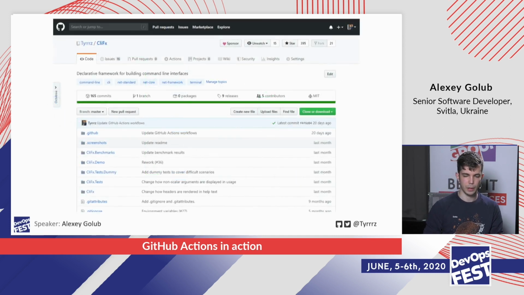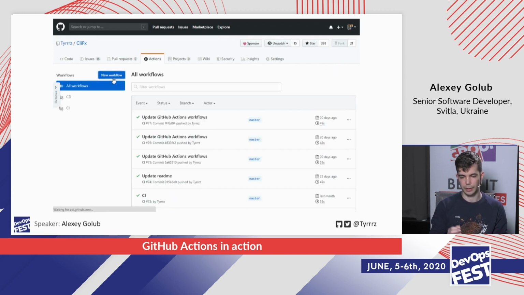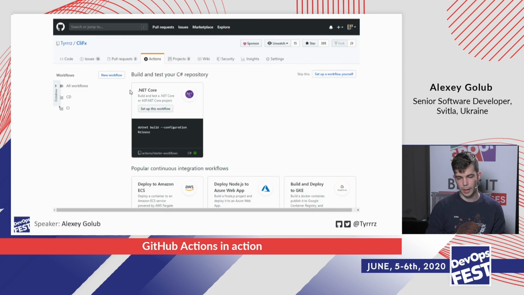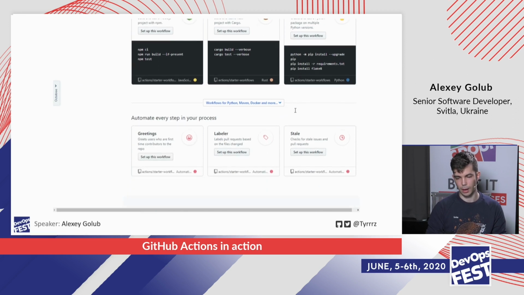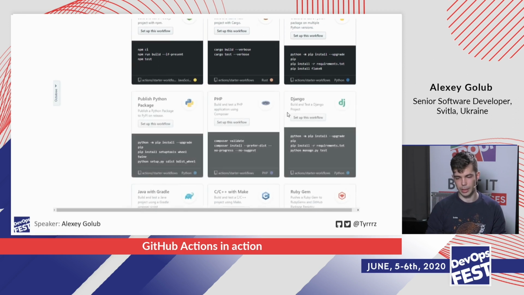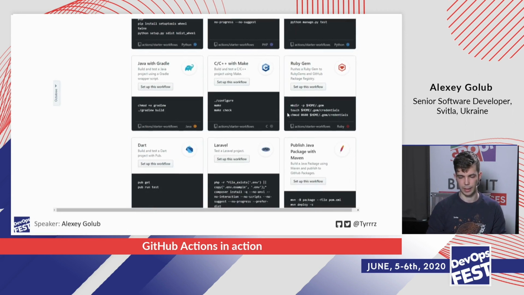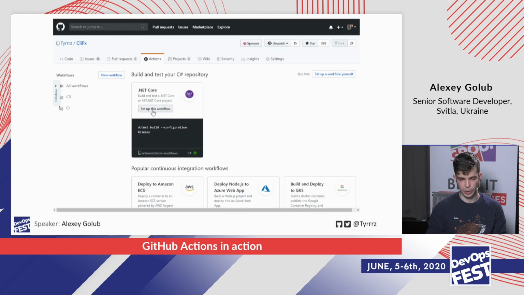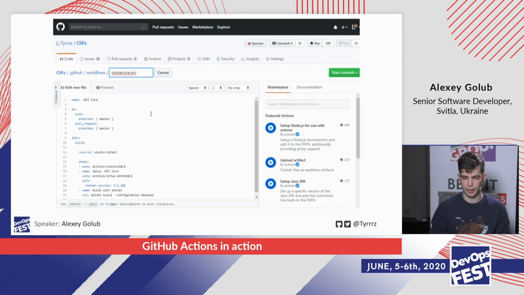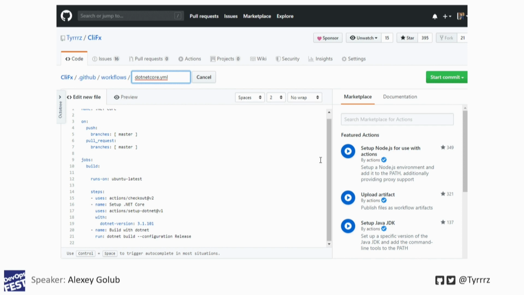So if you wanted to start using GitHub Actions today, it's pretty simple. You just go to your repository, click on the Actions tab, and then you have this button called New Workflow. And just like that, it will offer you a bunch of starting templates, for pretty much every technology, language, and runtime in existence. Here I'm using C#, so it offers me one for .NET Core. I can click that, and it'll just give me a basic CI workflow.